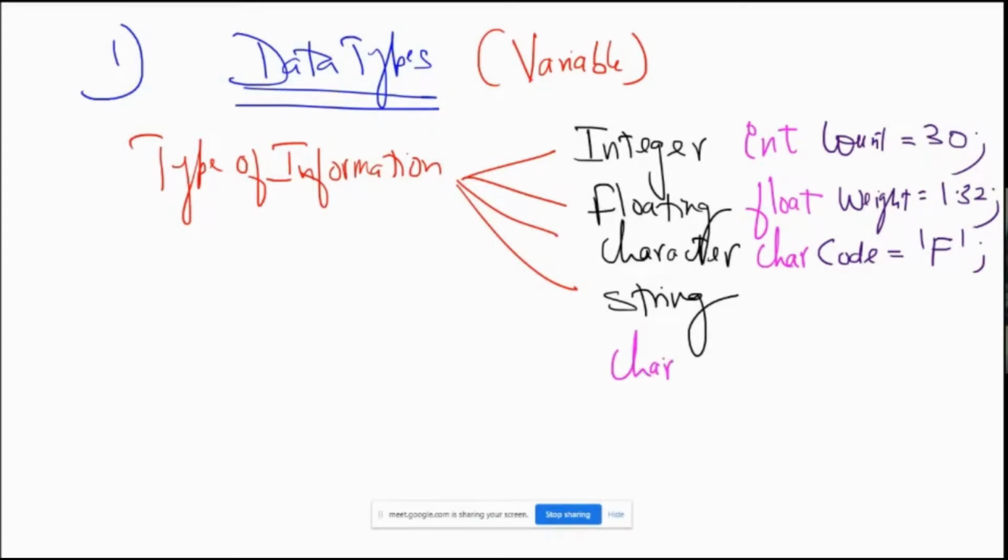You can give some variable name, college name. In this case, it has to be declared with the size of the array, initialized with Pondicherry Technological University, something like this. You can either define the size of the array or you can leave it open, depending upon your choice. But the array is mandatory because a string is a group of characters. These are the 4 important data types that we come across.